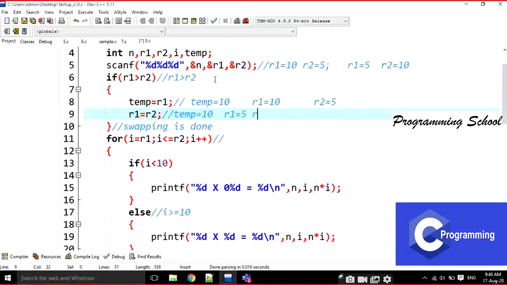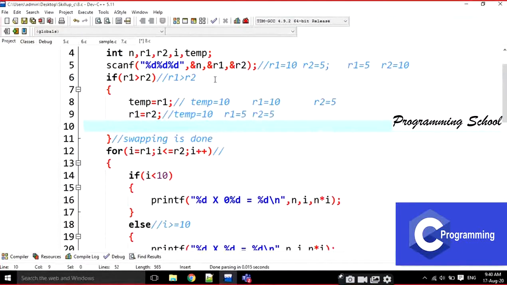Then R2 is also 5. Then I am going to place R2 is equal to temp. What is the temporary value? Temporary value is 10 only. Then what is R1 value? R1 value is 5. What is R2 value? R2 value is now modified to the temp value.